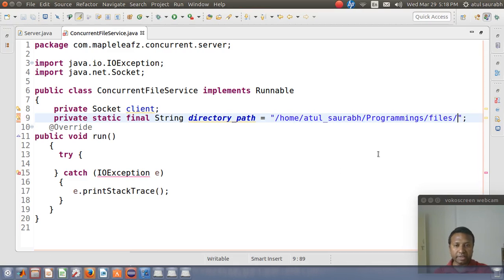So this is the directory where the server will search for the files.